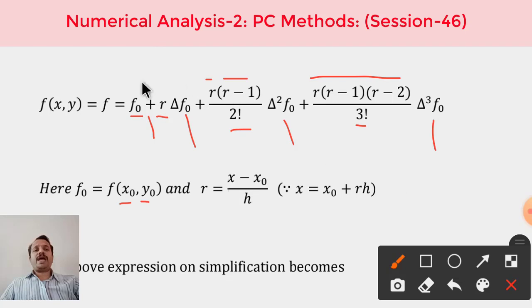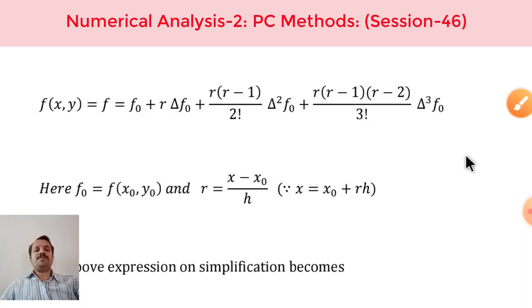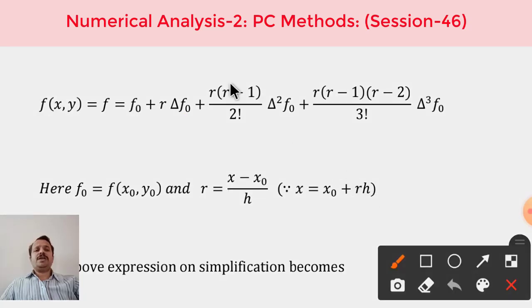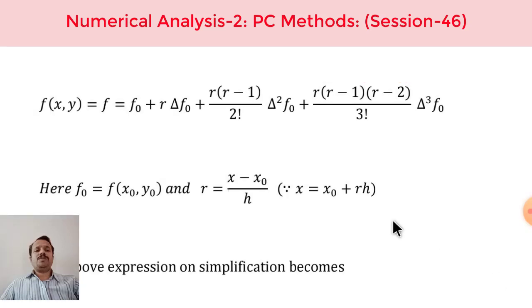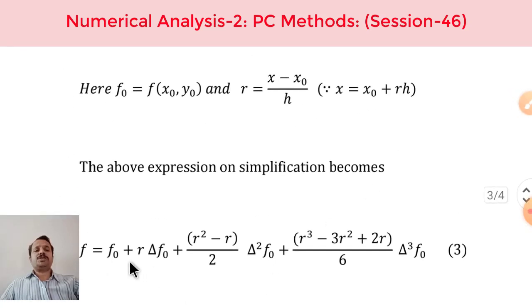And now we can substitute this. Before substituting, we have to simplify. The simplification is merely the multiplication of these brackets. Once we multiply these brackets and write 2 factorial as 2 and 3 factorial as 6, we get this particular expression. And here only r is the variable now. Now x has gone totally from this expression, you can observe, x is not at all there. Now, when x has gone, what is the new variable?